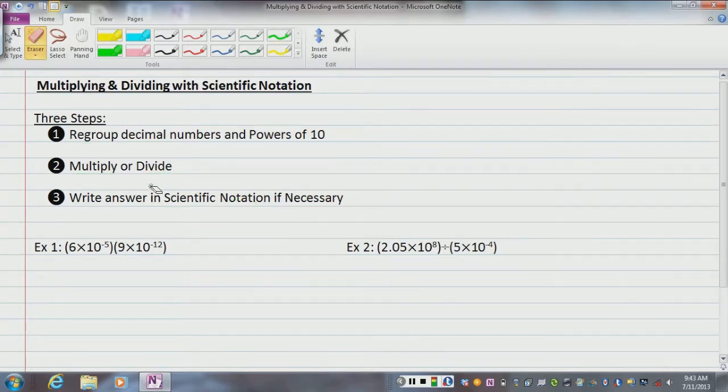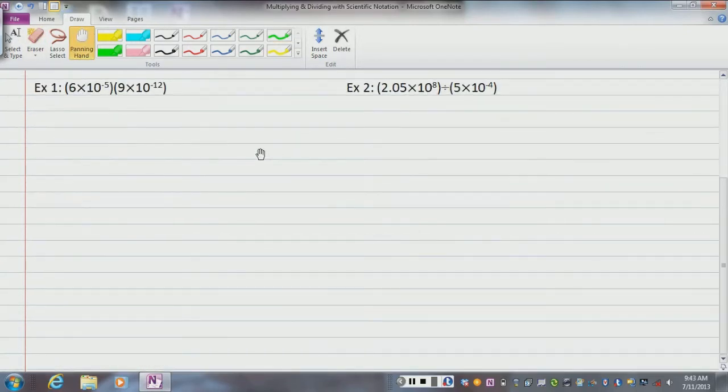Now let's go to example 1. First step is going to be to regroup, and I'm going to regroup using the commutative property of multiplication. I'm going to regroup my decimal numbers, in this case the 6 and the 9. And that's going to be 6 times 9 times, now I'm going to regroup my powers of 10, my 10 to the negative 5th and 10 to the negative 12th. I know that 6 times 9 is 54,